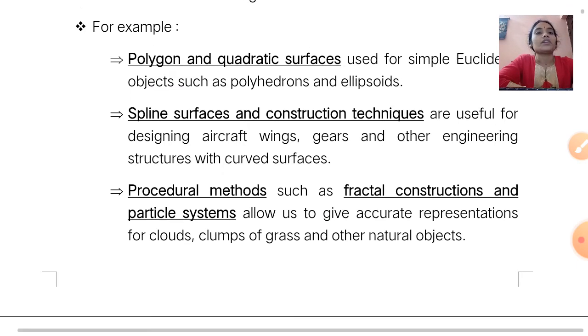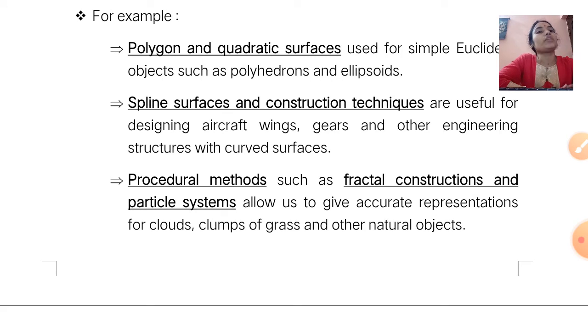Then next is the procedural method. In the procedural method, fractal construction and particle systems are used. The fractal construction and particle system allow us to give accurate representations for clouds, clumps of grass and other natural objects.